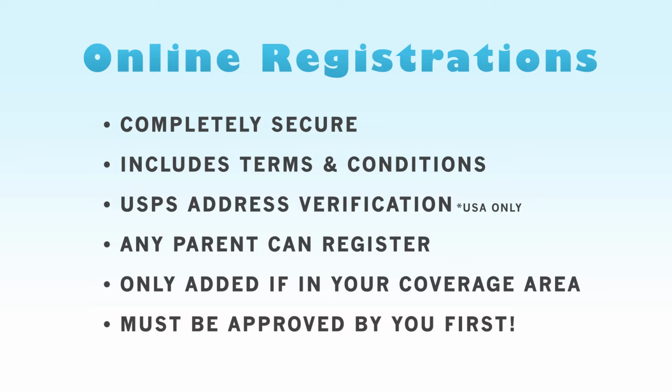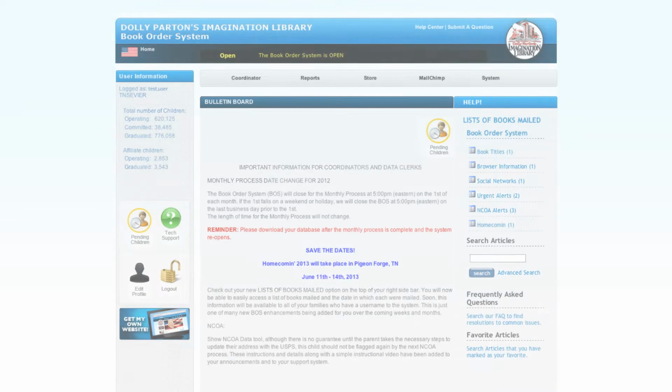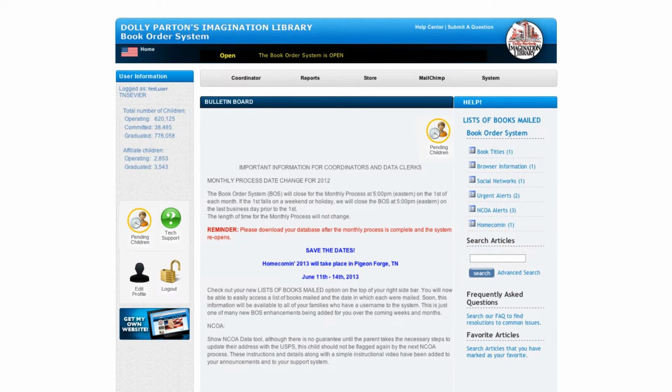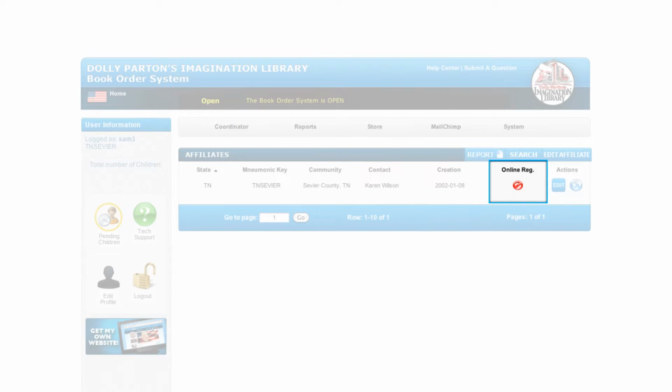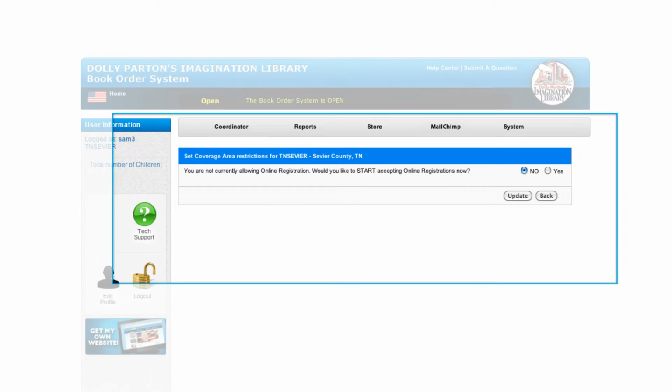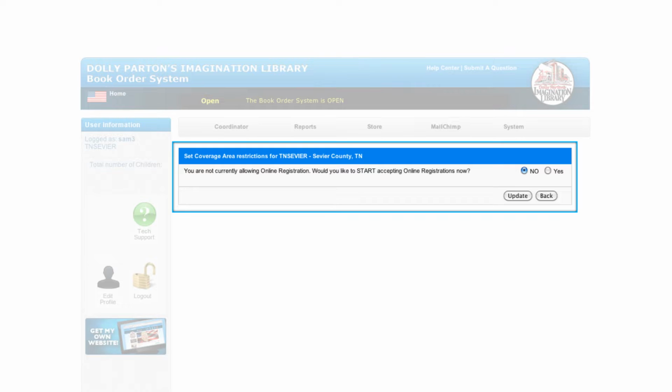To take advantage of this free service provided by the Dollywood Foundation, you must turn it on from within the book order system using the following steps. Assuming your coverage area is already set, from your main menu under Coordinator, click Affiliates. From there, you will see Online Registration with a red circle. Click that red circle. You will then see a message letting you know that you are not currently accepting online